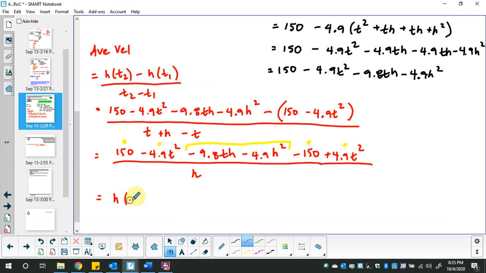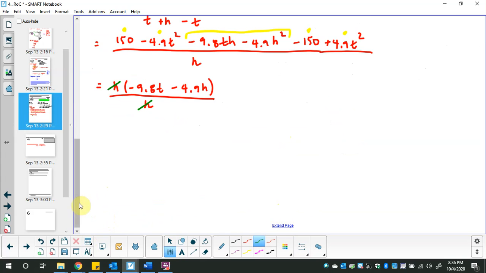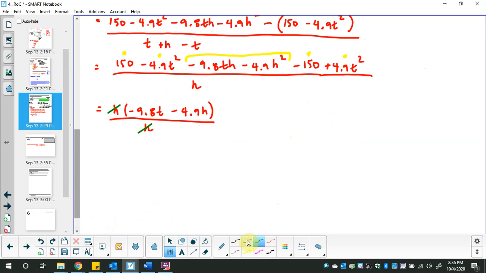I'm going to common factor out an H so that it's slashable with that bottom one. For those of you who recognize that you could take out more than an H, yes you can, but the whole point is that there's no need to common factor out anymore. If you want to, that's impressive. If you don't want to, that's fine. So I am at a point where I have the end result of average velocity, generally speaking,